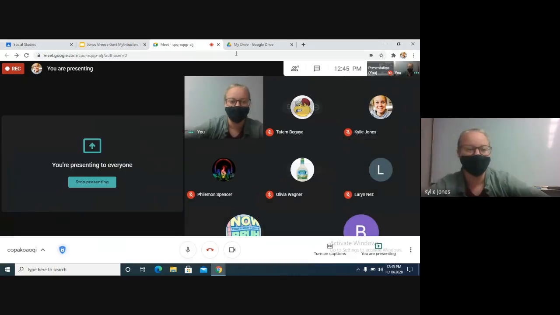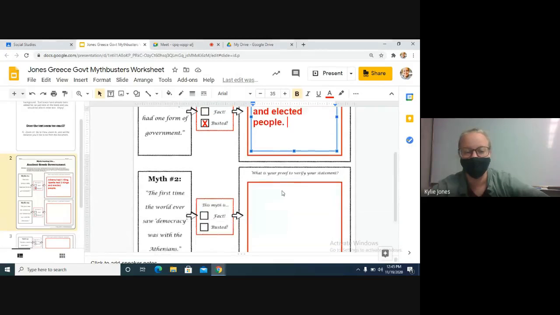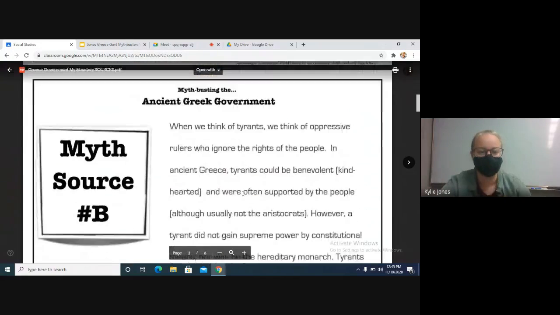Alrighty. So I'll leave this up, but I am going to read number 2 here. So this one, myth number 2. The first time the world ever saw the word democracy was with the Athenians. So you're going to tell me if that is a fact or if you can bust that and tell me why it's wrong. So on page number 2,